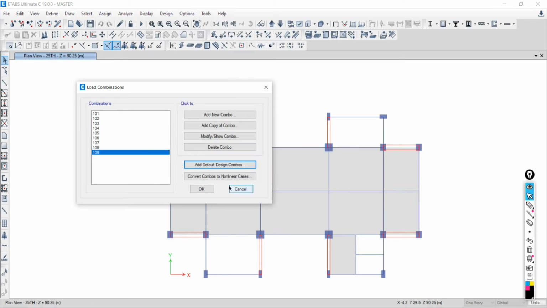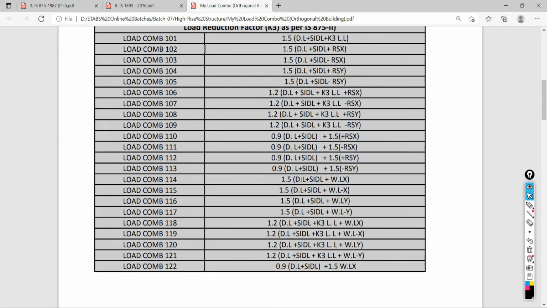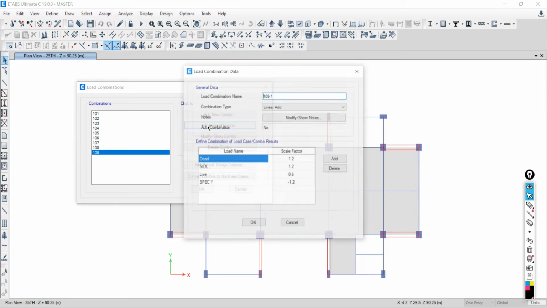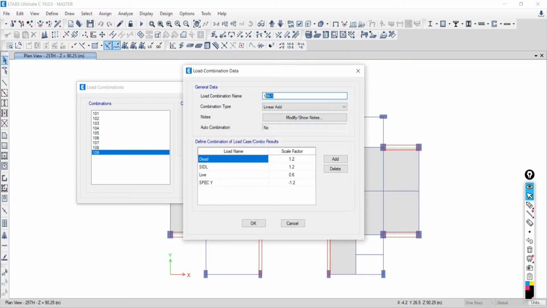For this, up to 10 combinations, just go back. Then next is 0.9 multiplied by dead load plus 1.5 response spectrum value. Live load consideration is not there. So go back to your ETABS and say add copy of combo and write the label as 110.